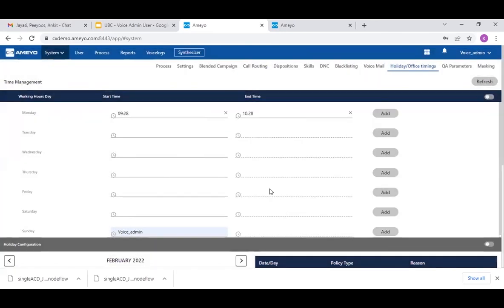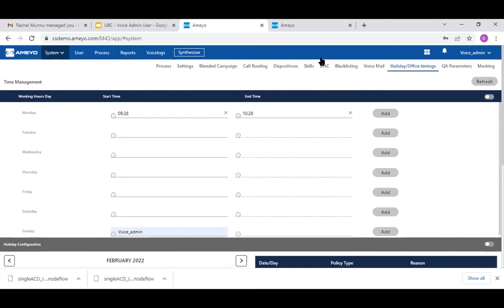Even there can be another scenario. Let's suppose there are holidays, for example, 26th January. Now you know that the agents would not be available on that particular holiday. From here, you can set those particular holidays as well. Even if the customers are trying to reach you, a message can be played. From the supervisor interface, he can arrange a callback for all those customers. That is also possible.